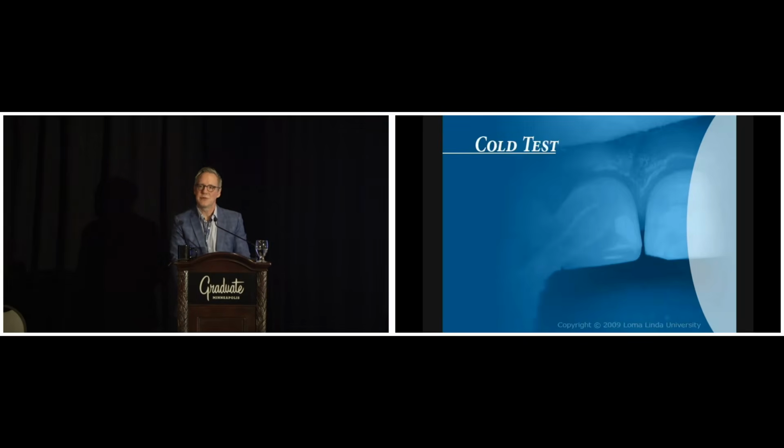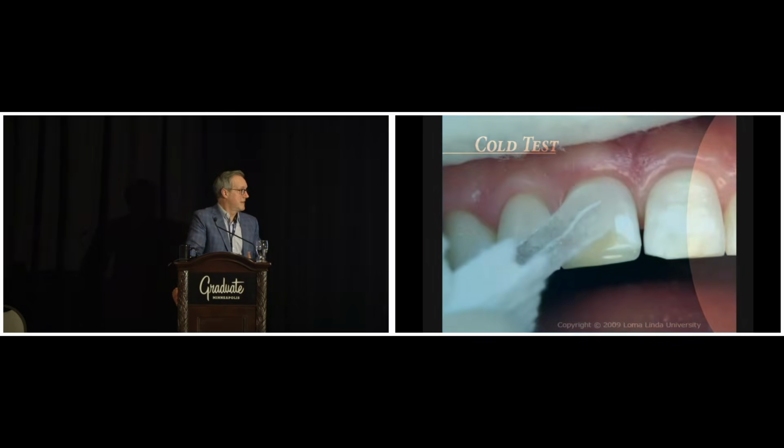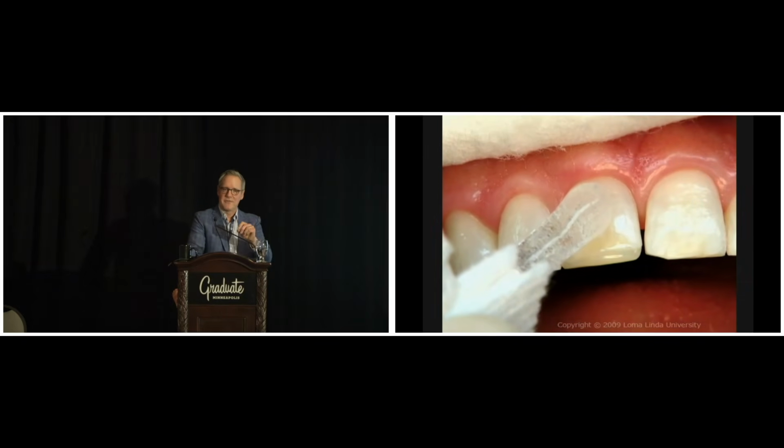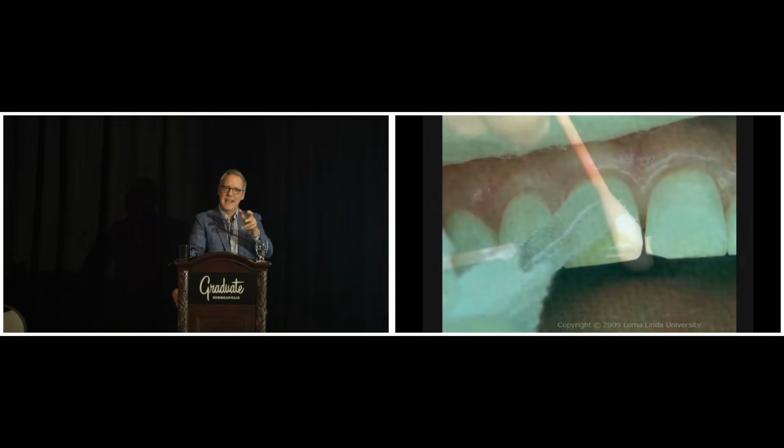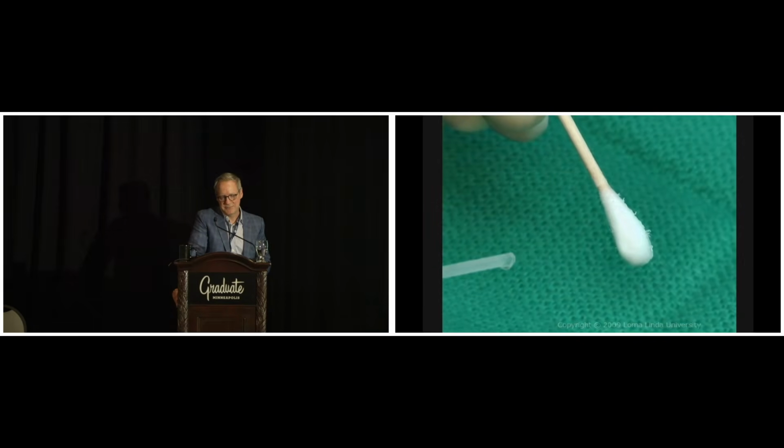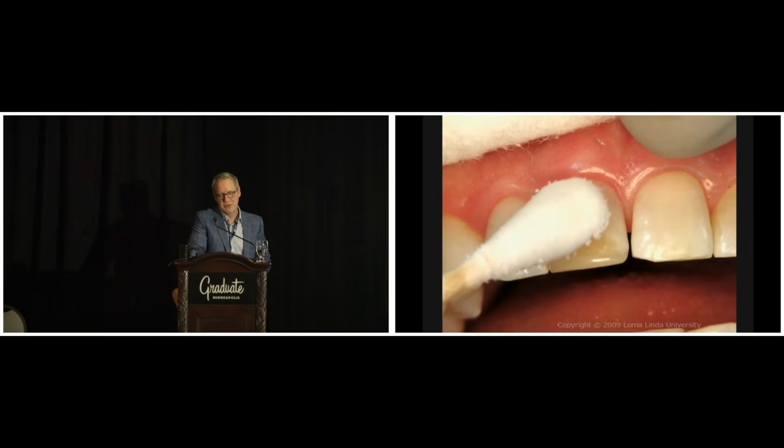This is one of the most reliable tests we can do, and it's often what patients present with when they have a toothache that has living tissue inside the tooth. So we'll use a couple different types of tests. This is just a frozen piece of ice that we put on the tooth. The disadvantage of this is that it can melt and it can spread to the adjacent teeth. We can also use a refrigerant spray that we place on a cotton swab,